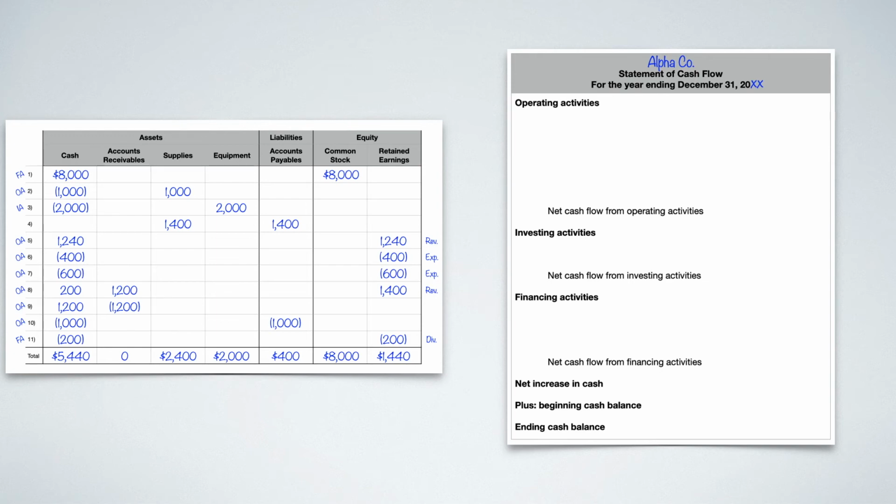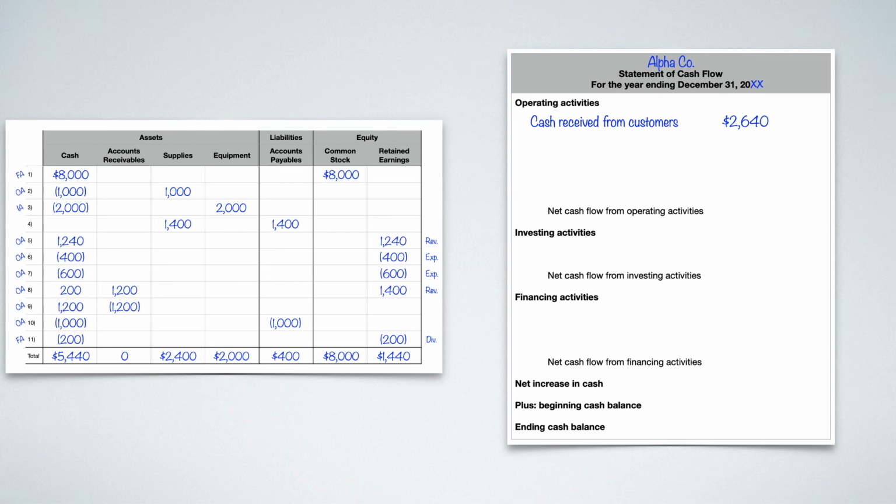The first place you always want to start with is the cash that comes from your customers, because that's your normal business. So I'm going to start with cash received from customers, and now I have to do some adding. I had in transaction 5, $1,240, that came from customers. Transaction 8, $200, that came from customers. And in transaction 9, $1,200, that came from customers. So if I add all those up, that means all the cash that I got from my customers was $2,640.